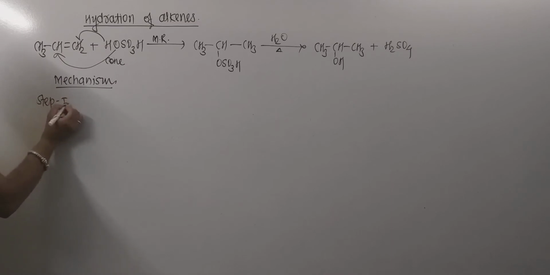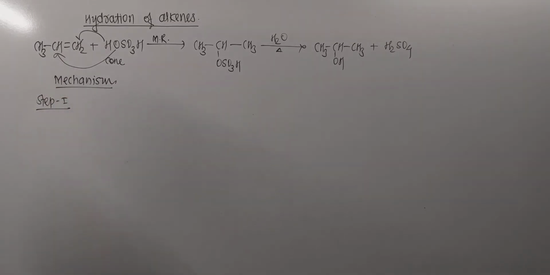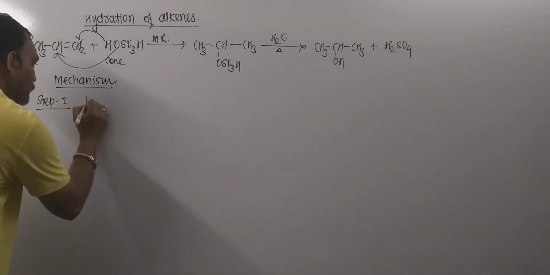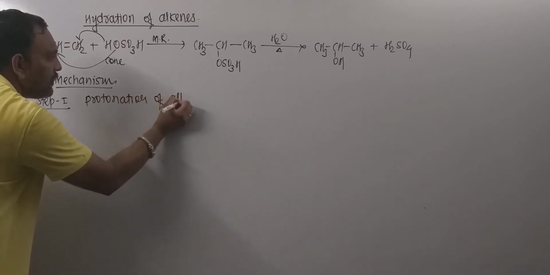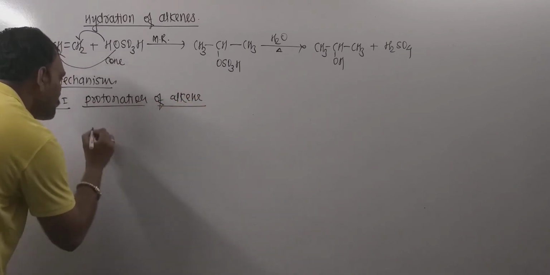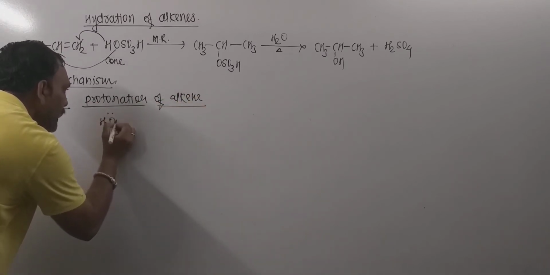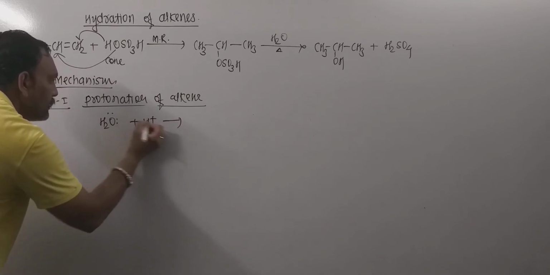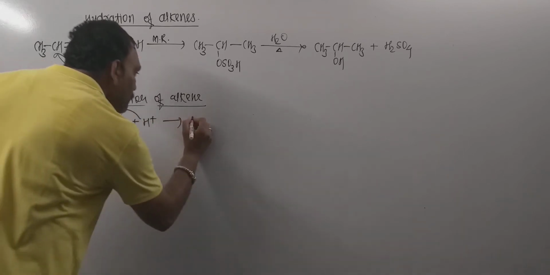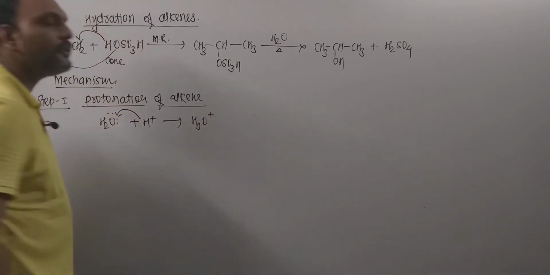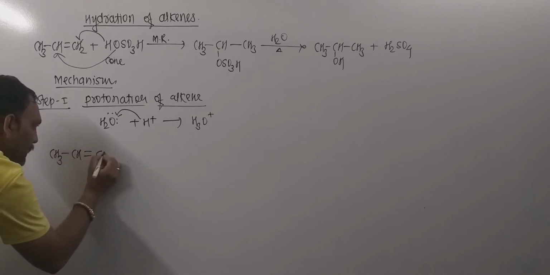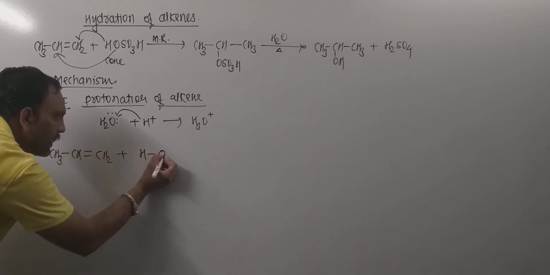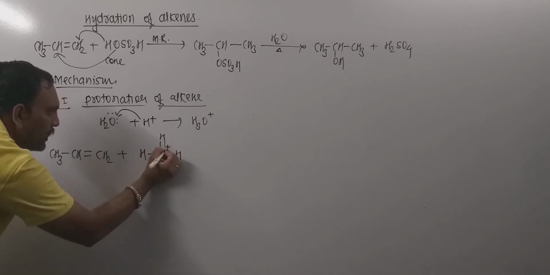Now step number 1. The very first step of the reaction involves the protonation of alkene. So protonation of alkene is the very first step. Actually what is happening right here, we are adding acid to the water, therefore we all know very well H plus ion in water is present in the form of hydronium ion. Therefore in the very first step, alkene ultimately gets protonated in this manner, so hydronium ion can be given